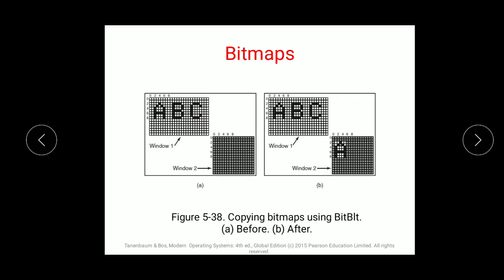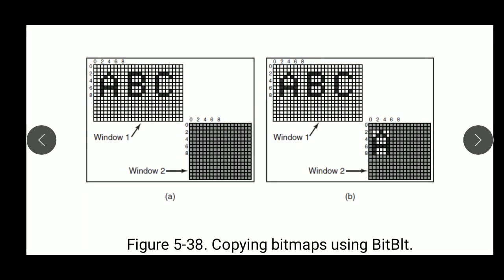Bit mapping is done, that is, copying bitmaps bit by bit. Every bit will be calculated before and after, for catching over your text or moving from window 1 to 2. Bit mapping means analyzing each and every bit to show the resource. Bit mapping is also done for the graphical device interface with the window, which is very catchy. Colorful RGB formats are used for bit mapping. As well, the device context should be easily readable, and for that we also do copying of bitmaps.